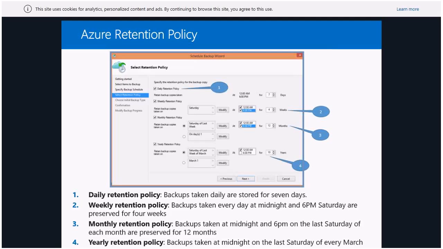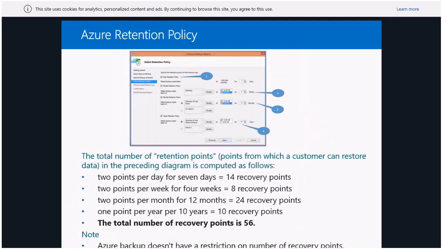Eventually, if you need to restore lost data, having a good understanding of the retention policy, you can restore from last week, from last month, from last year, from 3 years ago, 4 years ago, and so on. Later on, when I run a demo of the backup, the wizard will ask me regarding those retention policies.